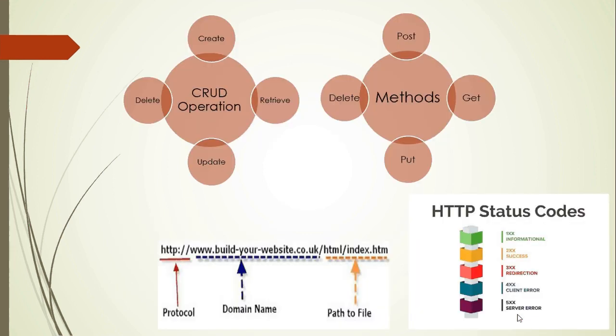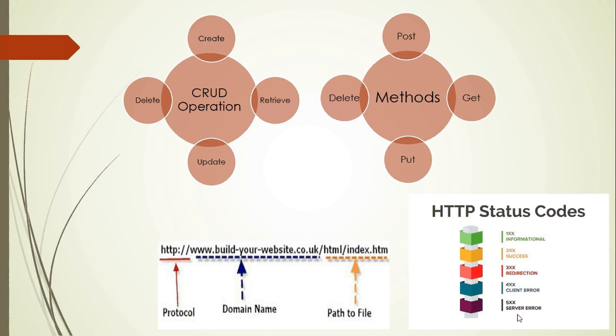Next, talking about CRUD operations. So CRUD operations, C stands for create, R stands for retrieve the resource, U is for updating any resource, and D stands for deleting the resource. So with the help of CRUD operations we will be performing these basic operations. In order to perform these basic operations we need some methods. There are multiple methods available, so we will be looking at those methods which we will be using while performing the CRUD operations.